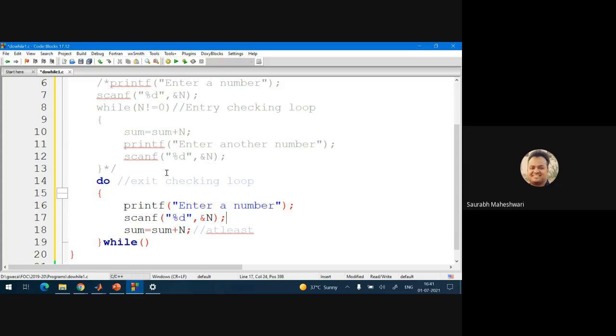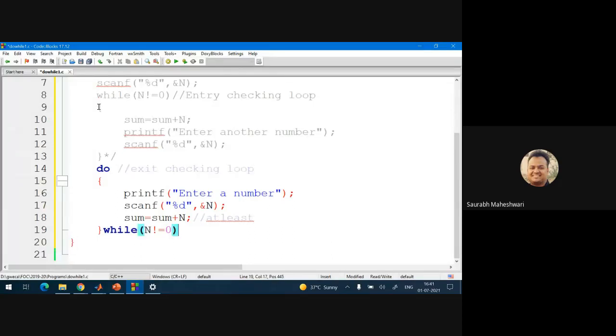This statement will run without any problem, this statement will run, and this statement will run, and this value is whatever is entered by the user. Now after finishing the loop it would be checked. Once you finish the processing of the loop, then the condition is checked. So can you line out the difference? Here before entering into the body the condition is checked, and here after the body the condition will be checked.